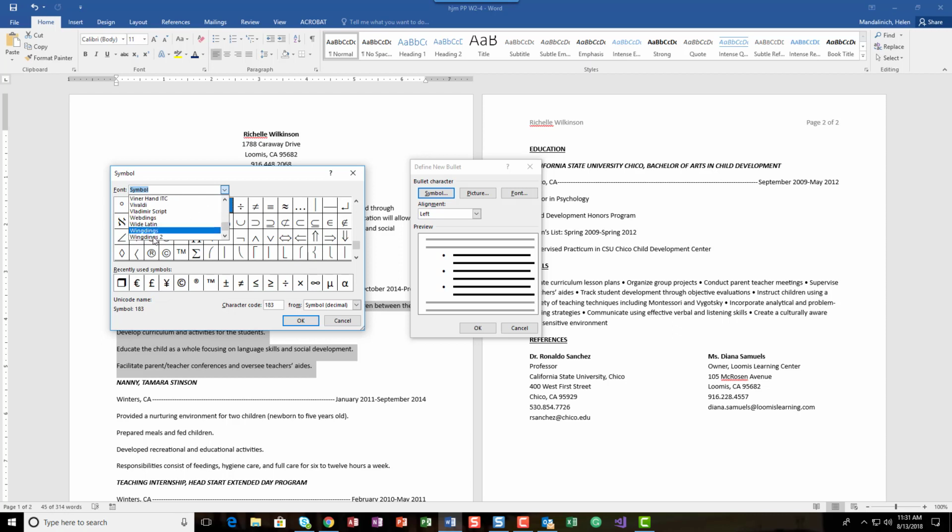Wingdings. Okay, so it brings up a different list of characters, and we want to find the checkbox. Now I could spend all this time looking and trying to find the right one, but I want you to notice here the character code. If I click in there and I say 254 in the Wingdings font, now 254 may exist in another font group, but in this Wingdings, 254 is this checkbox, and that's what we want. So we're going to say OK,